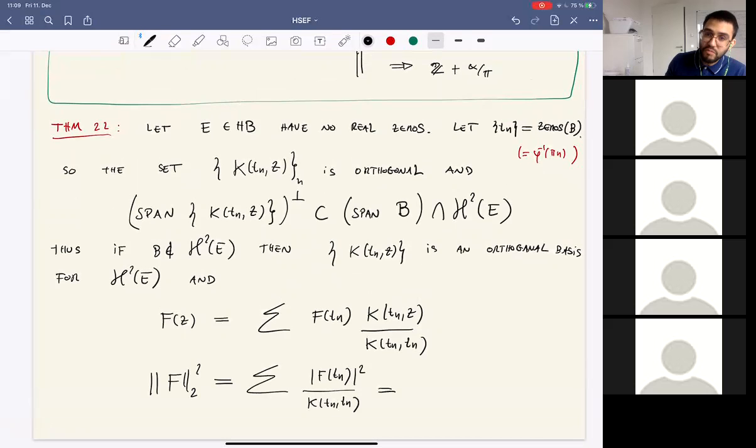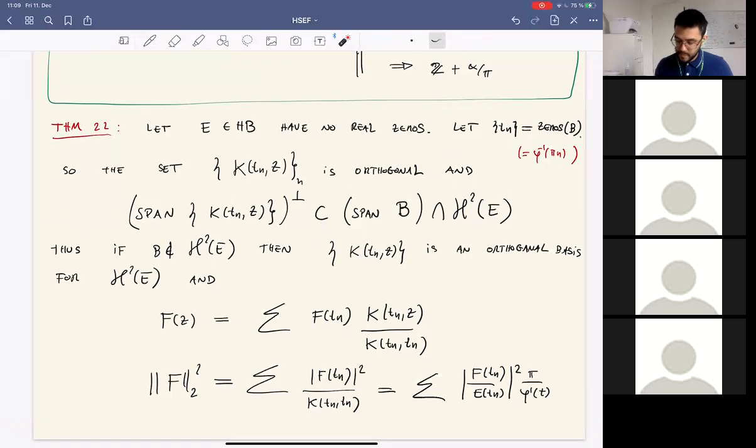And using the formula for the phase function, which is the formula that de Branges writes in the book, this would be equal to